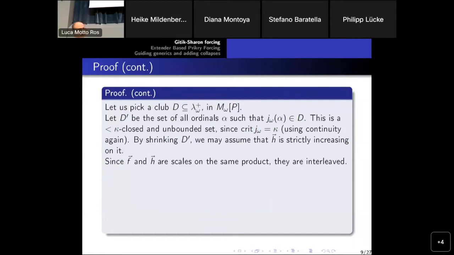Okay, great. So F and H are interleaved, which means that they essentially have the same bad points in the club. So H should have plenty of bad points alpha such that